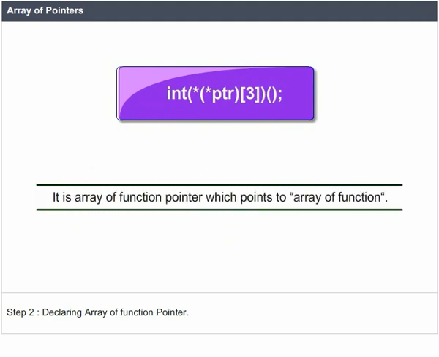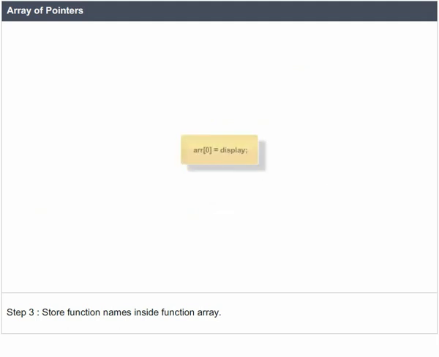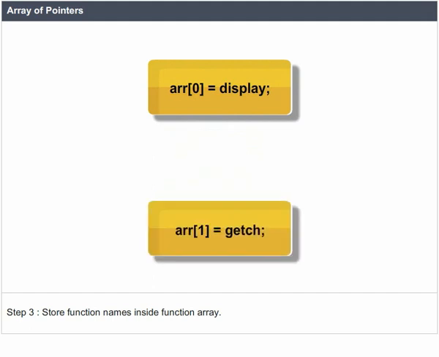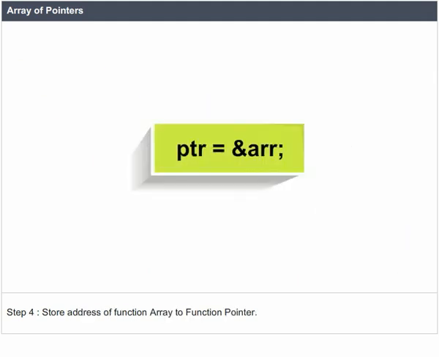Store function names inside the function array: arr[0] = display; arr[1] = getch; Step 4. Store the address of the function array in the function pointer: ptr = &arr;